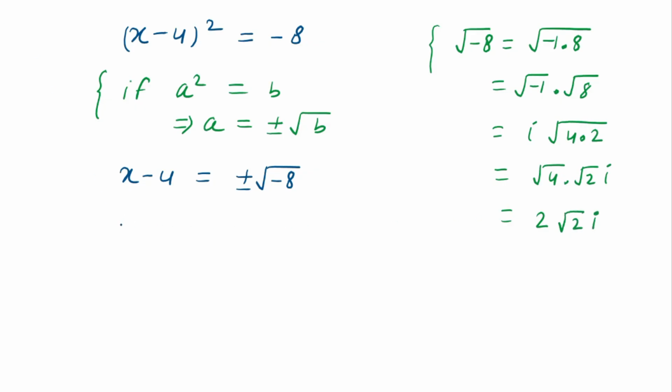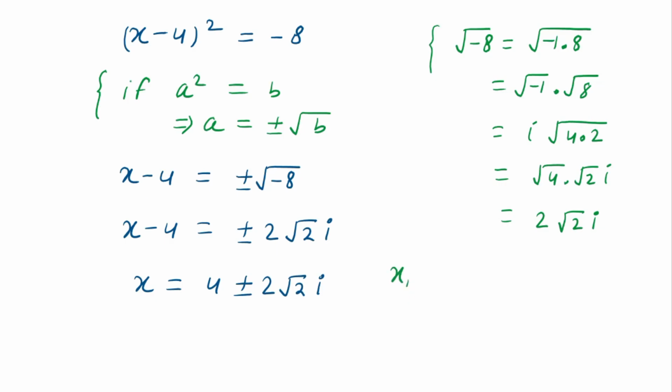Then x minus 4 equals plus minus 2 times square root of 2 iota, and if we add 4 to both sides, then x equals 4 plus minus 2 into root 2 iota. We have the first value of x as 4 plus 2 times square root of 2 iota, and the second value of x equals 4 minus 2 times square root of 2 iota. Now solve the second case, and the second case is